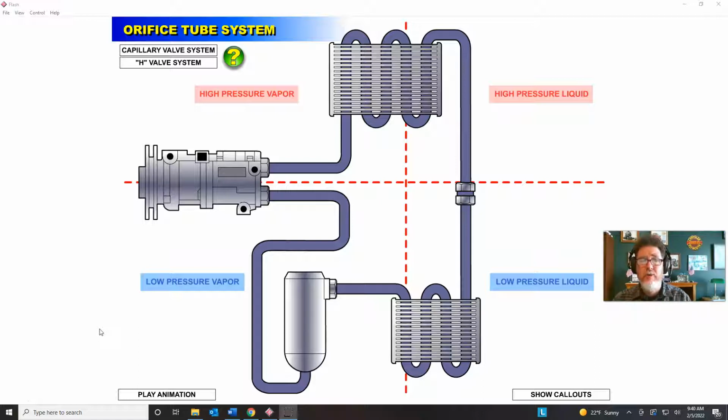So we've already talked about, in the first part of the series, capillary valve TXV systems, and on the second video, we talked about the H valve systems. On the third video, we talked about the orifice tube system, which you see right here in front of you. And then in this video today, the fourth video, we're going to talk more about orifice tube diagnostics and the difference between a variable orifice valve and a fixed orifice valve. So if you haven't watched any of the previous videos, you're going to want to watch those first before you